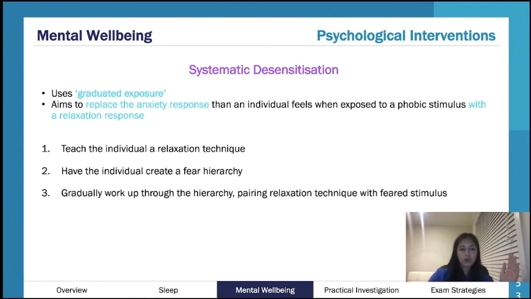And then what you do is you combine step 1 and step 2. So you gradually work through that hierarchy, and at each step you are using this relaxation technique to eliminate this fear. So it's really important in the way that it's graduated. You're not getting this hierarchy and running through them and going, okay, photo of a spider, breathe, video of a spider, breathe. It's this idea of getting them to the step that they least fear, and then you're really using this technique properly until that person feels comfortable to move on to the next one.